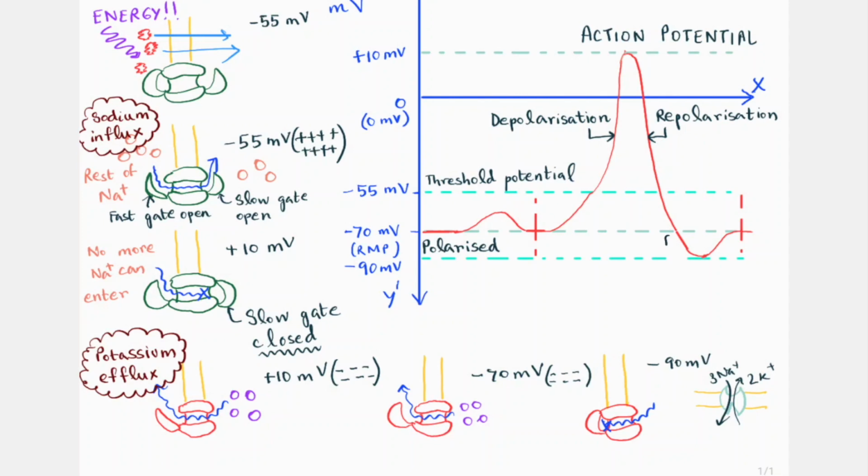And this little part of the graph right here, where it goes from minus 70 to minus 90 because of the lethargy, because of the slackness of the potassium voltage gated channel, this little part right there is called hyperpolarization. It's not called happiness. This little part of my life is called happiness. No, this little part of my life is called hyperpolarization.